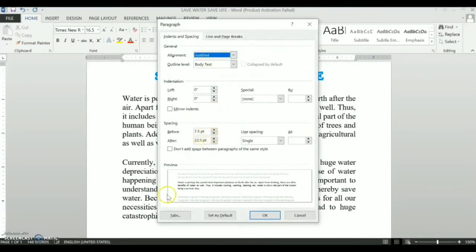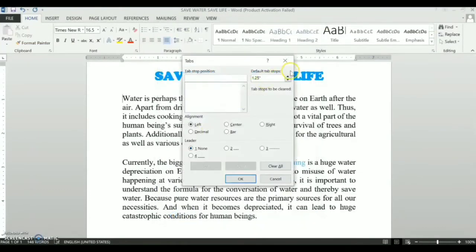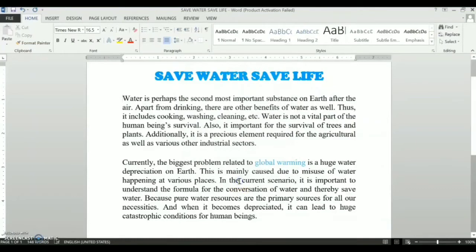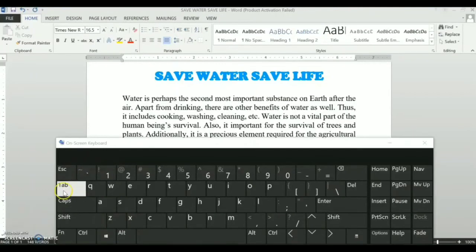Now we are again changing. Click on the Tabs button. Now decrease. See, I have selected the amount 1 inch. Now I am pressing the tab key. Now my cursor will go to 1 inch.